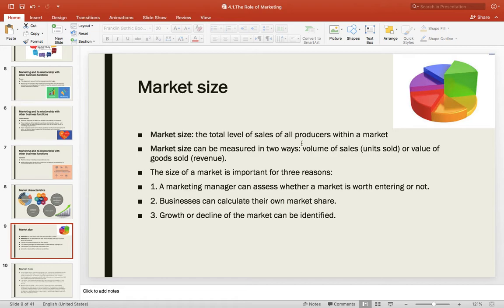What do I mean by that? I mean that market size is not just, let's say, the size of the shoes market. Let's talk about the phone market, as you're all familiar with it. How do we measure or understand the market size of the smartphone market? We go to every single producer. We check Apple sales, Samsung sales, Google sales, Huawei sales. We check all of these companies' sales when it comes to smartphones, and then we can understand the market size